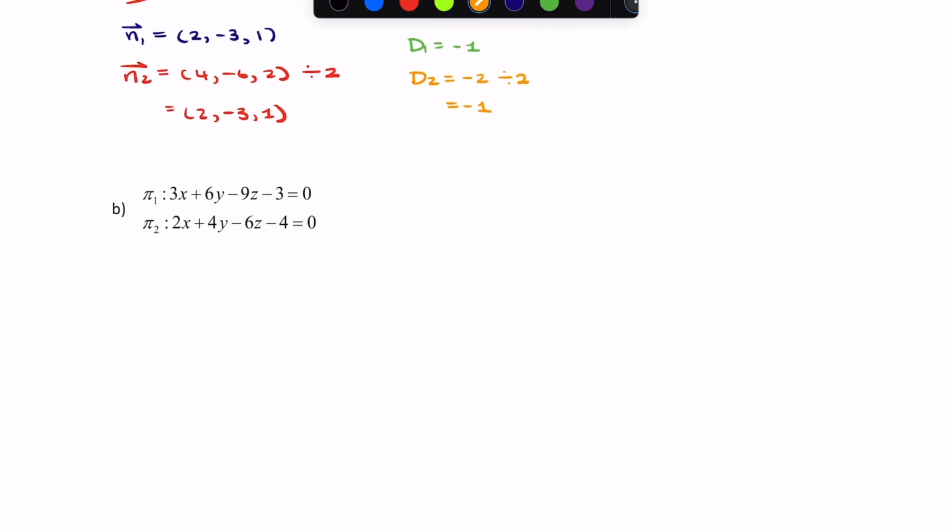Here, if we look at E, plane number 1 is represented by the equation 3x plus 6y minus 9z minus 3 is equal to 0. And plane number 2 is represented by the equation 2x plus 4y minus 6z minus 4 is equal to 0. And what we'll do is take the first plane equation and multiply that by 2,